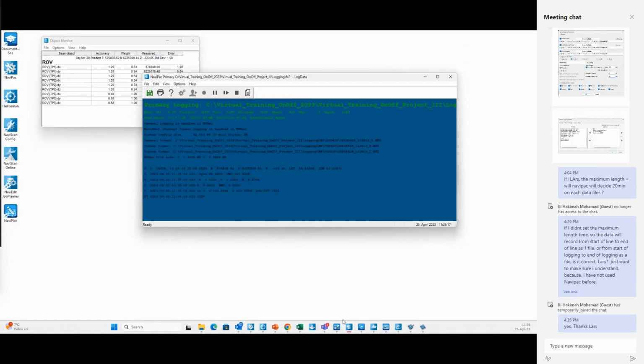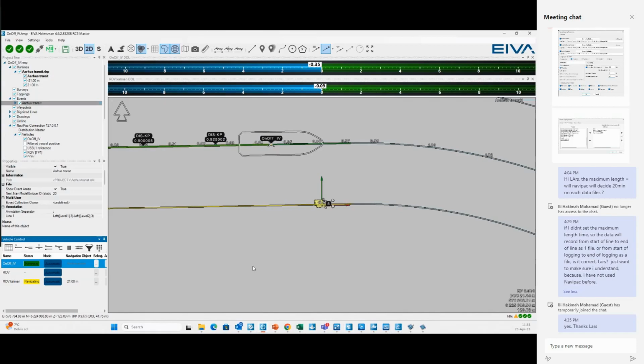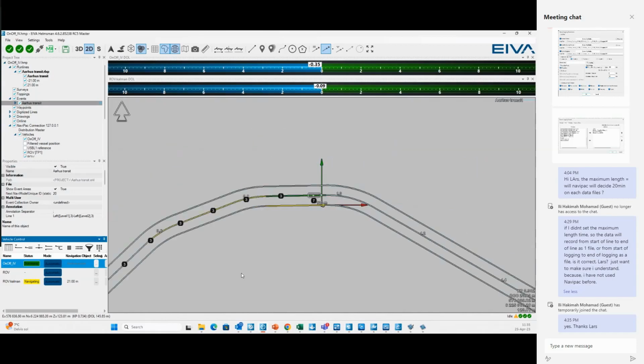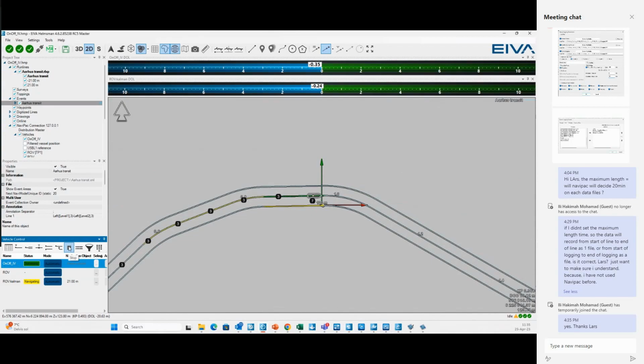Let's continue with the enhancement display. There's a lot of interesting stuff still waiting for us. You see, I'm still logging data, which is fine. If I select my vessel here, of course, if I want to stop logging, I don't want to do that now, but if I want to, then I press the stop button here. But right now, I would like to